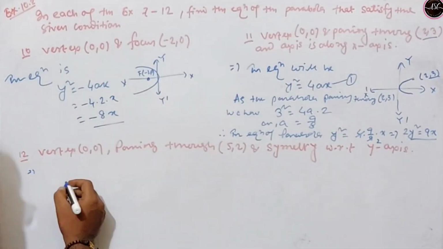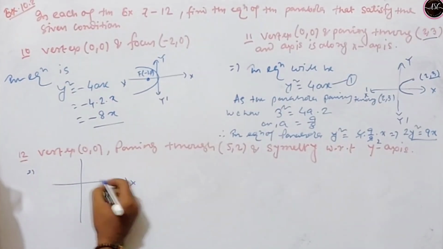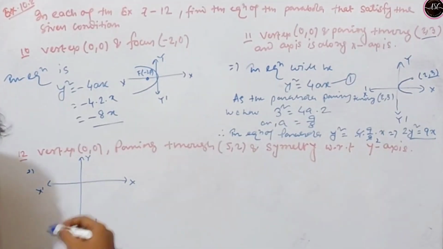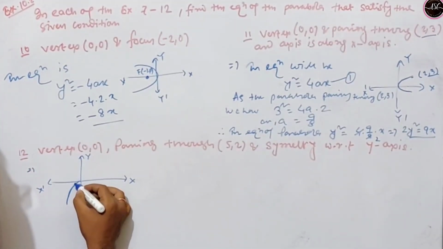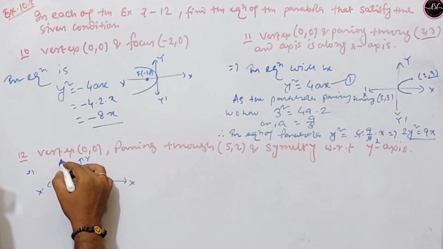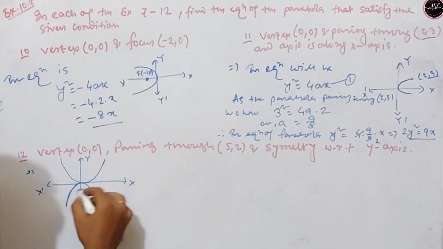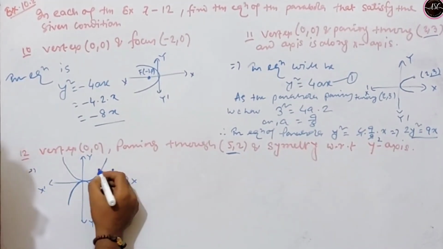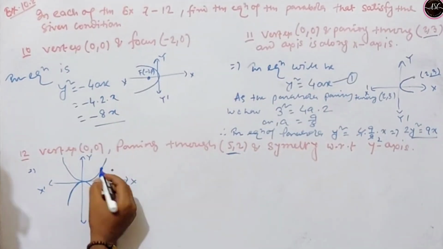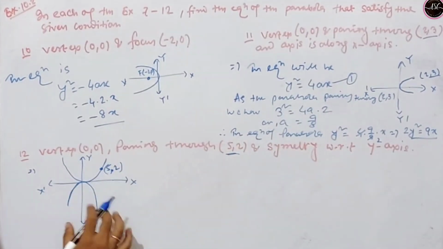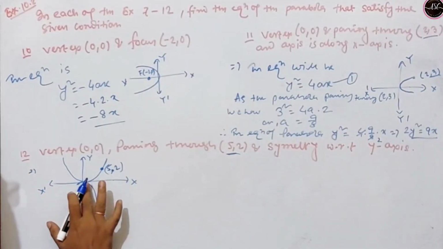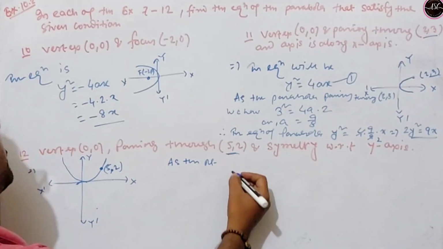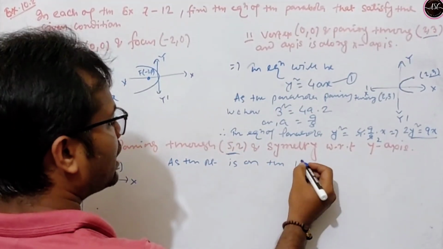Okay, so this is x, this is x dash, this is y dash. So the parabola axis is y axis. So the parabola may be of two types, either upward or downward. Here the point 5 2, that means it is in the first quadrant. Okay, so here this is the first quadrant. So the parabola must be upward, not downward. Okay, so as the point is in the first quadrant,